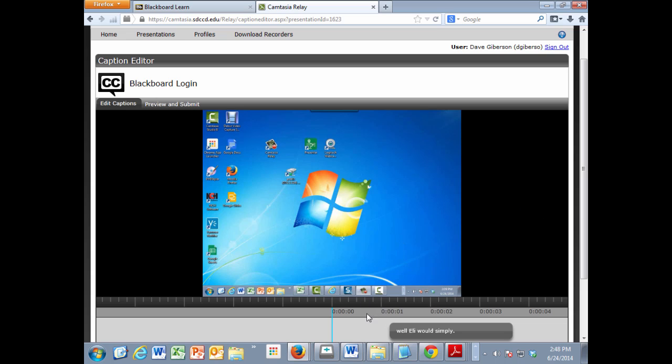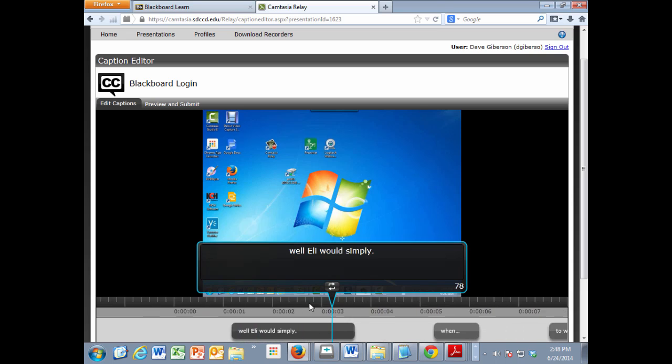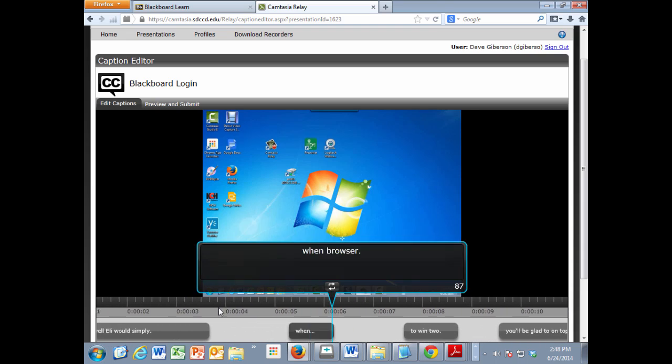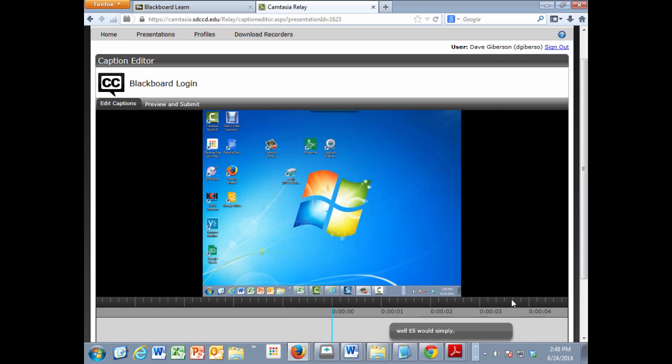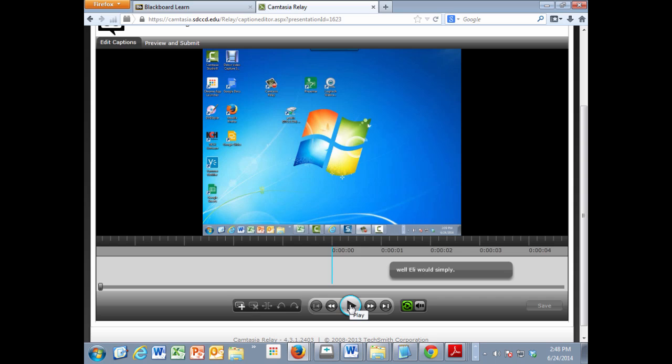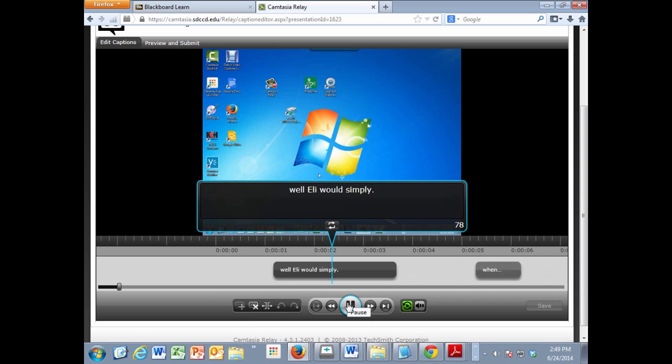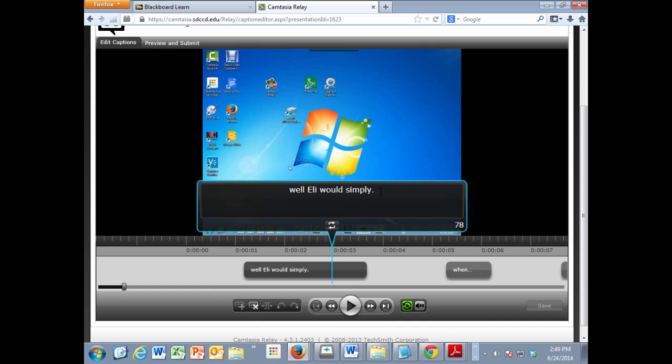Here's your video, and here is your first caption. The first caption is usually pretty much useless, pretty much trash. You're just going to have to edit that one. But they do get better as you go on. To see how the captions are doing, just hit play here on the caption editor interface. "To log into Blackboard." And obviously that didn't do very well, so we'll